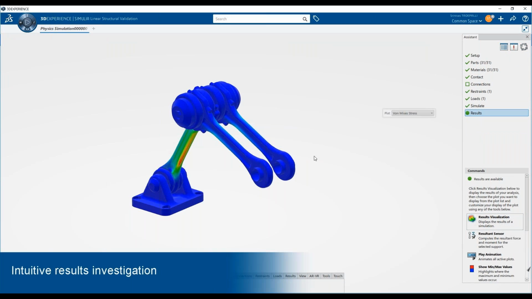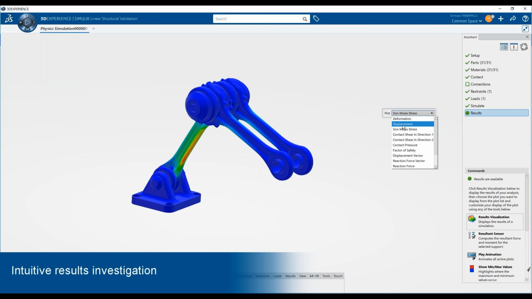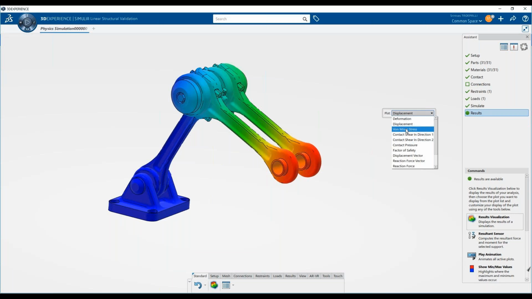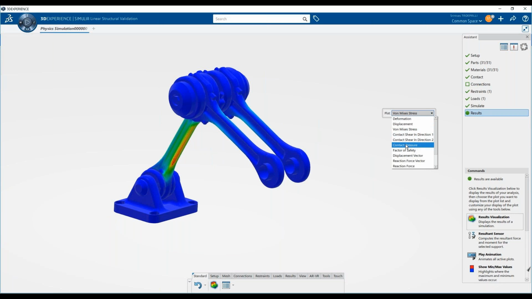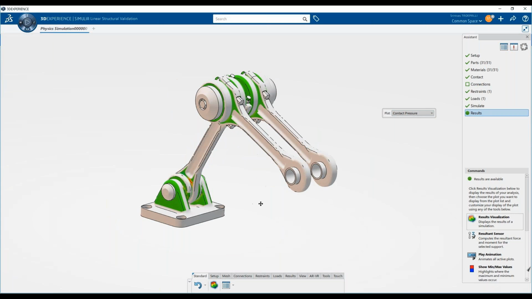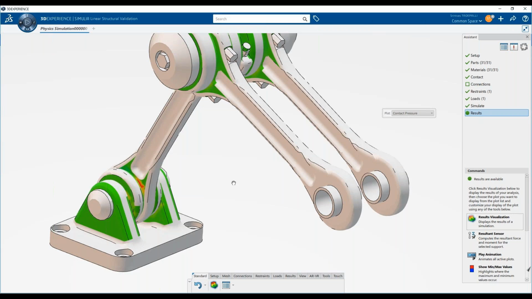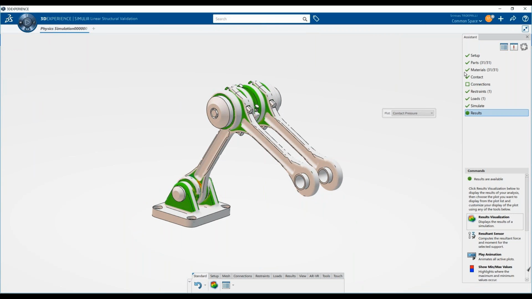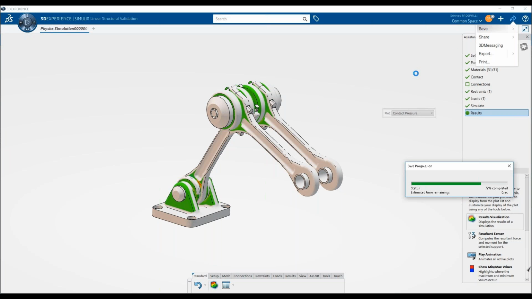And you can see the result of the simulation here. So here is von Mises stress, but you can also check the displacement of the part and the deformation of the part. You can also check the contact pressure within the part, and you can look inside your assembly to see if the design is okay, or if there is something that you need to change in the 3D.